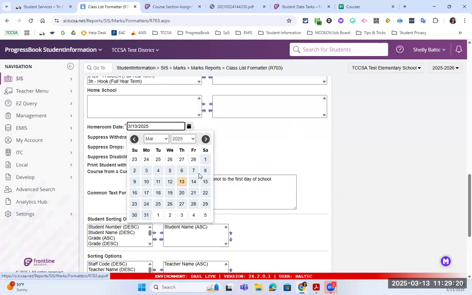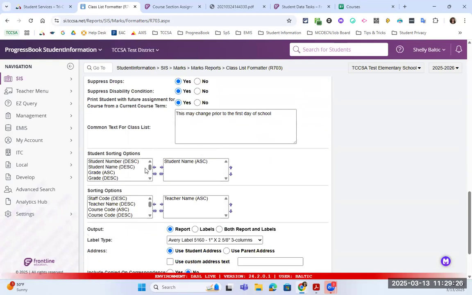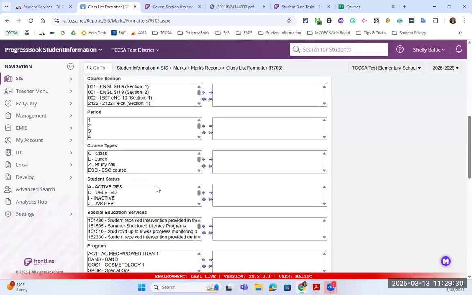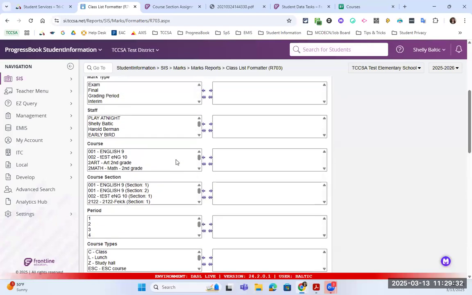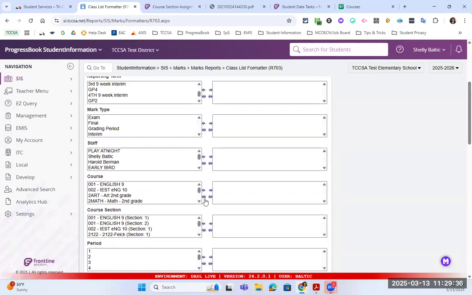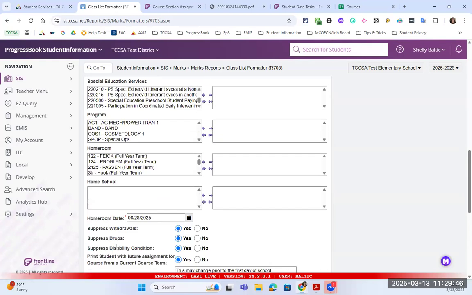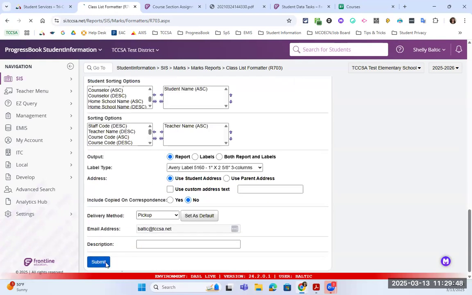I don't remember if this one is specific to the school year, but we'll make sure it's within that. And then I want my admin class. Well, we'll leave it. We'll print them all out. So if I click on submit,